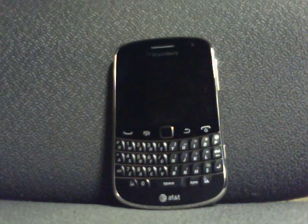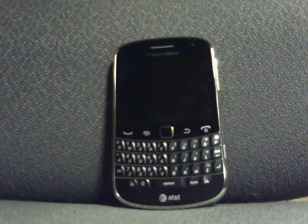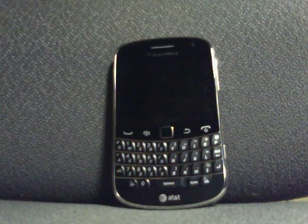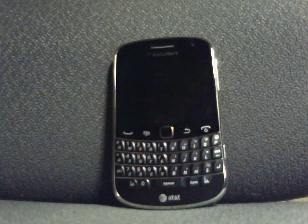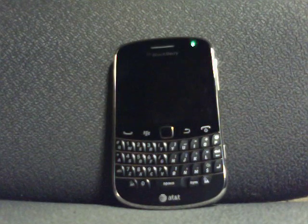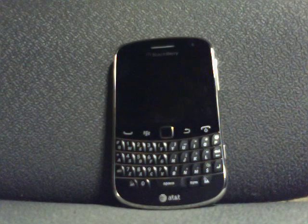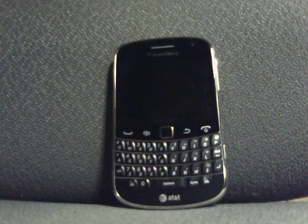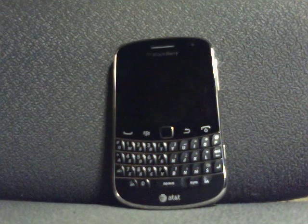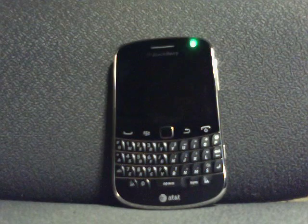And here's something that they don't tell you. They definitely don't tell you this. This might be the reason why my battery was just sucking power. I don't have my MySpace on there, but when you buy the Bold, it comes with a thing called, I think, social media feed. Major nightmare. The problem with the social media feed is, if you go in there and you put in your Facebook info, and you put in your Twitter info, and maybe Google Talk and MySpace,